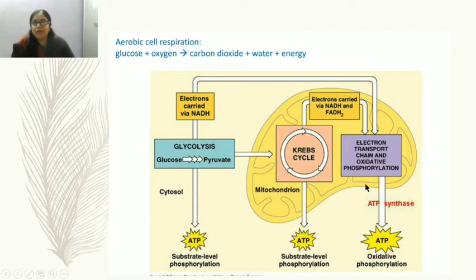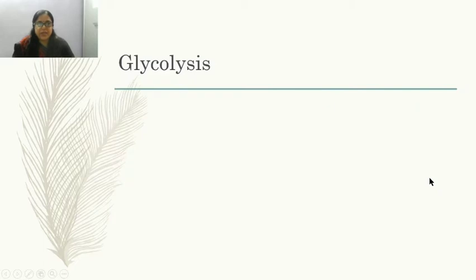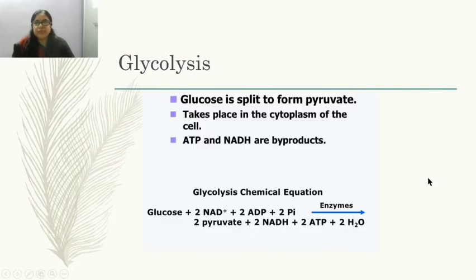So ATP is formed by the addition of phosphate, where energy is also required, and this addition of phosphate to the ADP, that is adenosine diphosphate, and the formation of ATP, this is known as phosphorylation. ATP का formation की process को हम कहते हैं phosphorylation. जब ADP में phosphate molecule add होता है और energy भी उसके लिए required होती है, इस process को हम कहते हैं phosphorylation. With the help of enzymes it takes place, like here the ATP synthetase enzyme. Now we'll study this process in detail.